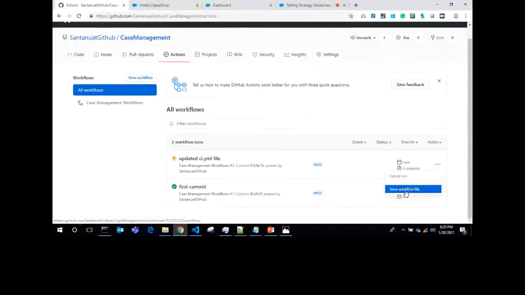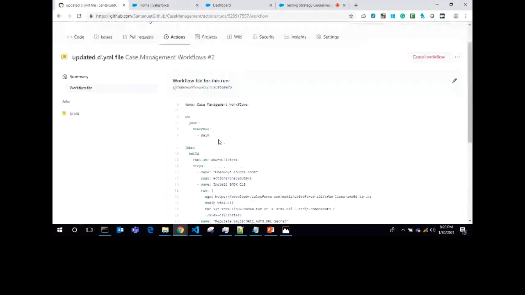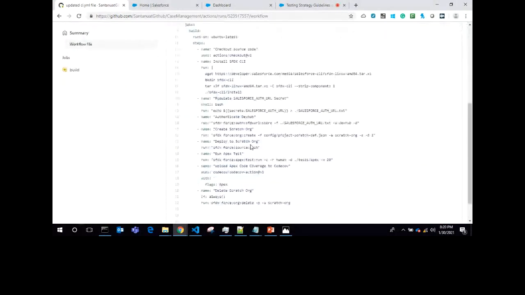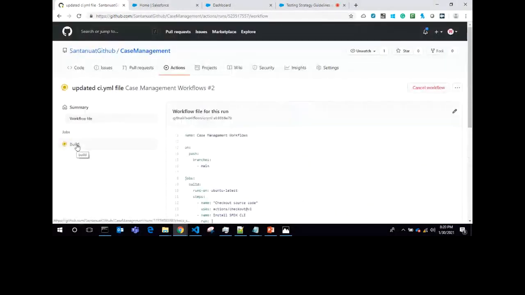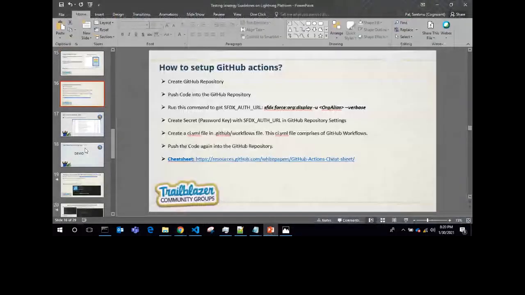Just click on that, view the workflow, and whatever we have written in the ci.yml file is showing here. Now you just need to click on the build. Now the GitHub workflow actions have been executed. So, if I go to the picture here,